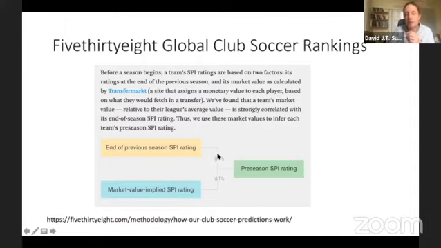Then they combine that. This is just a parameter, I imagine, that they've tuned up and chosen for some reason. One third of it is the transfer market, two thirds of it is how they were rated at the end of last season. And then that gives them a pre-season rating. You would call this the prior for their model. It's what you expect before the season started. It takes the rankings from last season and throws in something to do with the market value of the players. So this is a kind of wisdom of the crowds type of thing. And then they get a pre-season rating of each team.